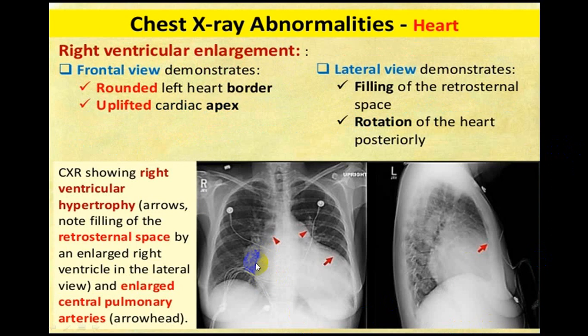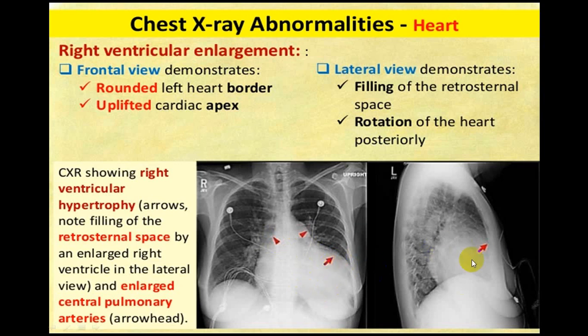You can see this. Now there is a clear-cut cardiomegaly, and you can see this space is filled up. So this is RA and RV, and this space, you can see this is filled up. This is RA, RV. This is the pointed part, this is because of the pulmonary artery. This is pulmonary artery, and this is because of the enlargement of the RV.